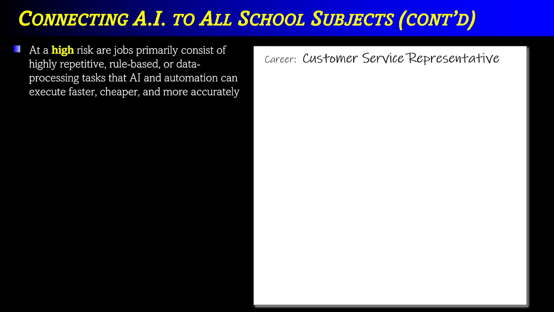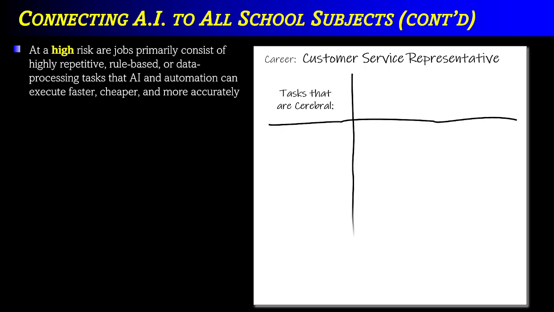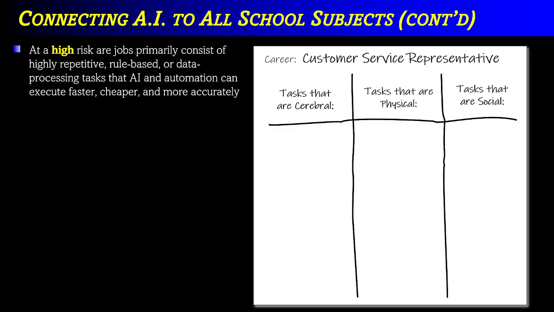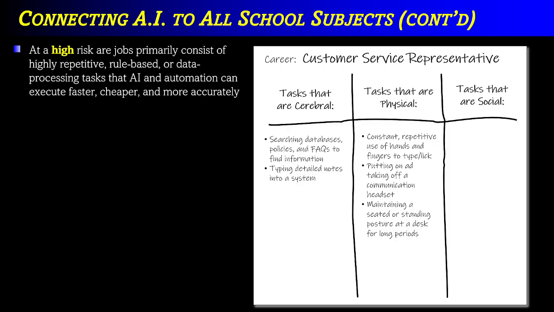Right? These are jobs that consist mostly of those cerebral or highly repetitive, rule-based data processing tasks that AI is very good at automating. And therefore, it can do it faster, it can do it cheaper, and more accurately than the human-based version of that task. So let's put that same chart to work here. On the cerebral side, for a customer service rep, would be searching databases and policies to find information, typing notes into a system, right? The physical task would be just the repetitive typing, maybe putting on a headset to speak